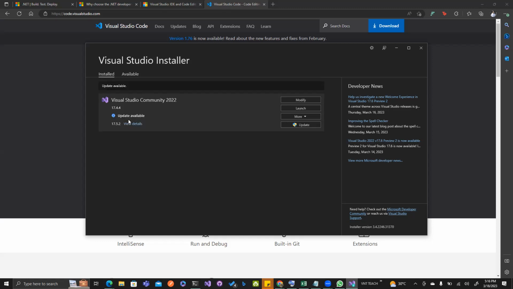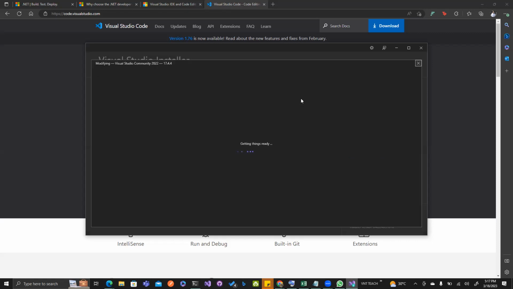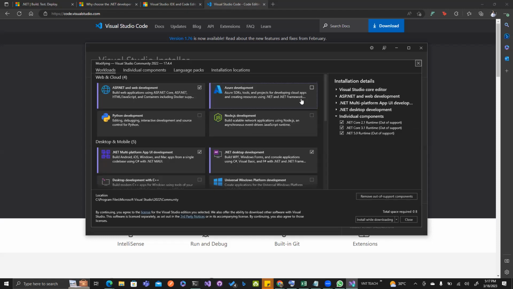After installing that, you go to Modify, or it just moves you straight to Modify. Depends on how it works for you, but because I already have it installed, I have to click Modify. Sometimes after installing, it moves you straight to Modify, where you have all of these workloads that you could pick from, depending on the kind of development you want to do on your system. So to build with .NET and C#, all you need to do is pick ASP.NET and web development. Once you pick that, click on install, which should be around here, but because I already have it installed, it's saying close. So you click on install and it installs on your PC, right?